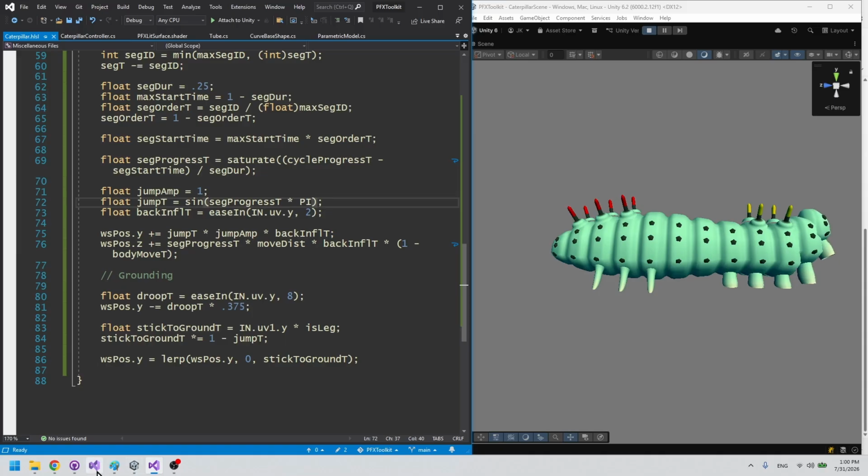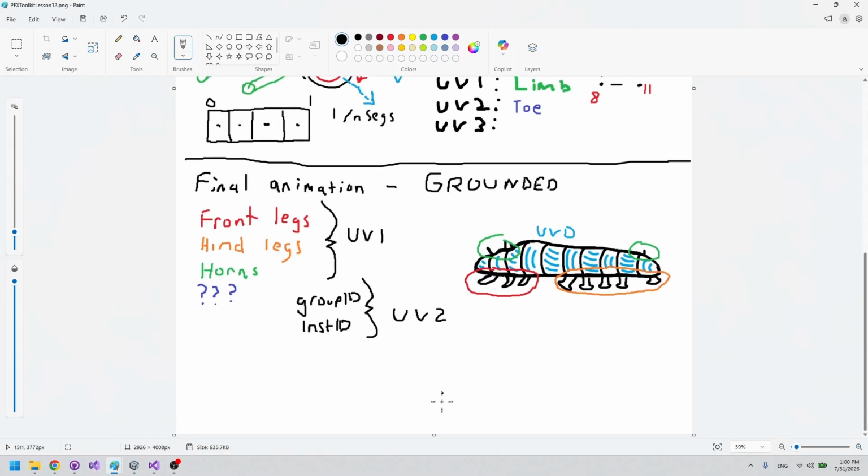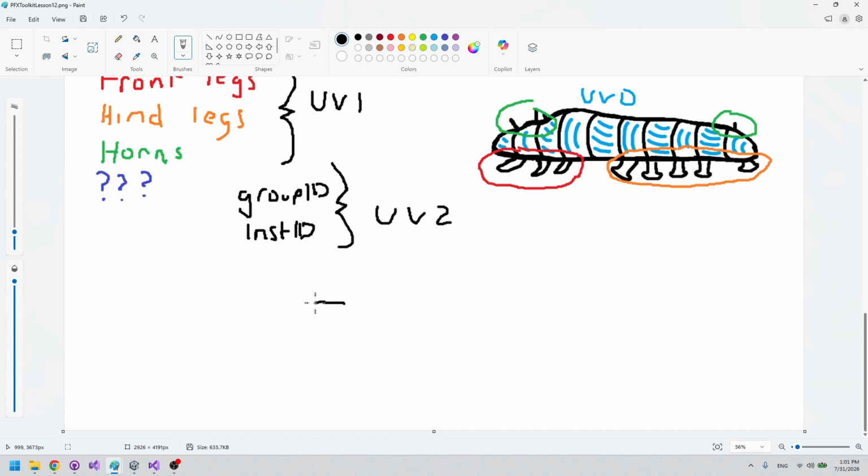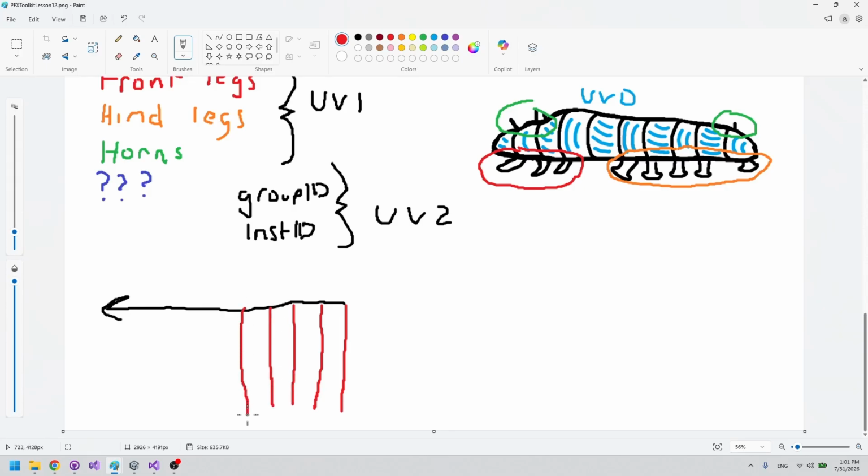So let's come over to the whiteboard and see if we can visualize what it currently looks like and then what it should look like. Let's just take a single leg and visualize what happens to that single leg as the body's moving. So we're basically just seeing that leg being dragged by that body motion, just following it 100% along the entire length of the leg. And then at some point it lifts off, and so I'll put the second half of this in different colors here. This is after that jump occurs, and it's still following the body the same exact way, but we're seeing most of the slide here because this segment animation doesn't play until a lot of that body move's